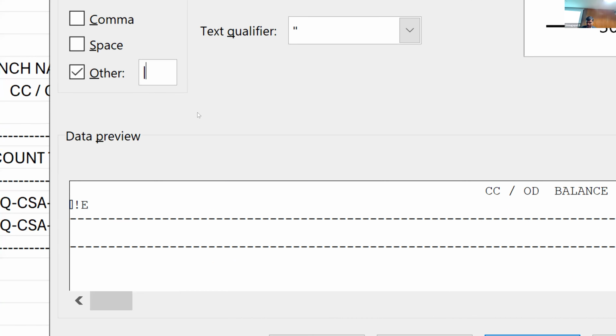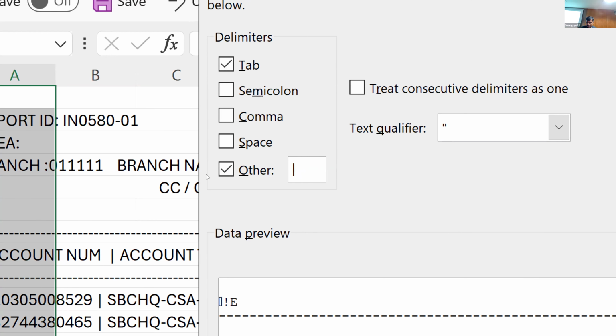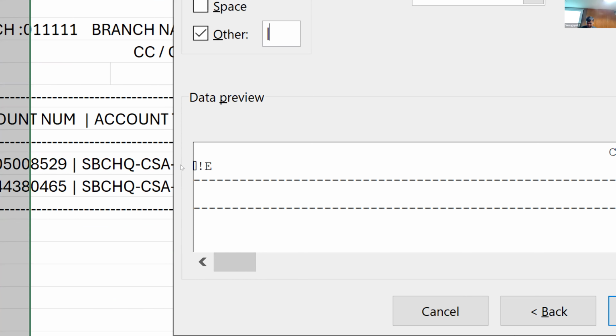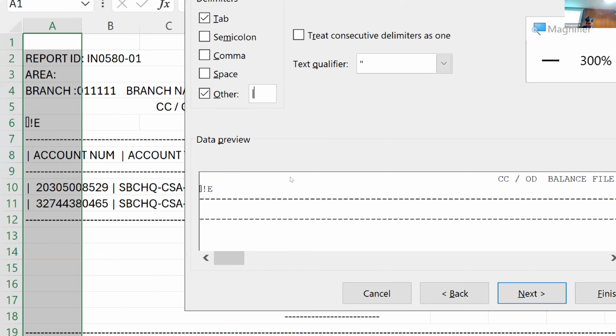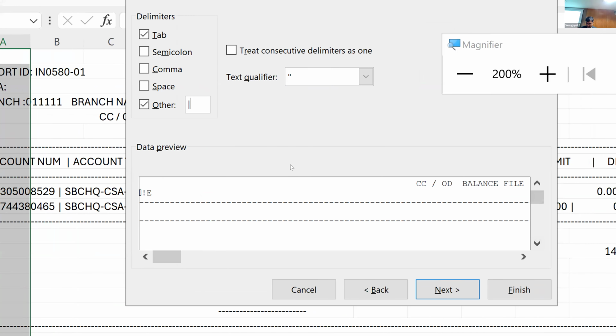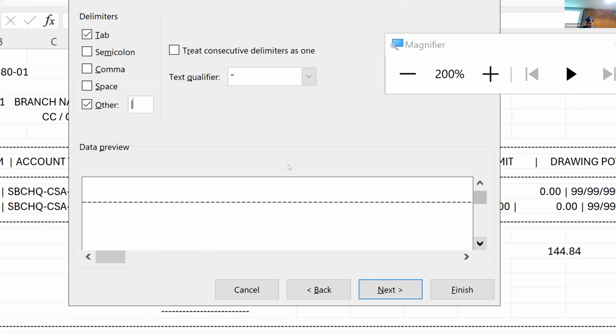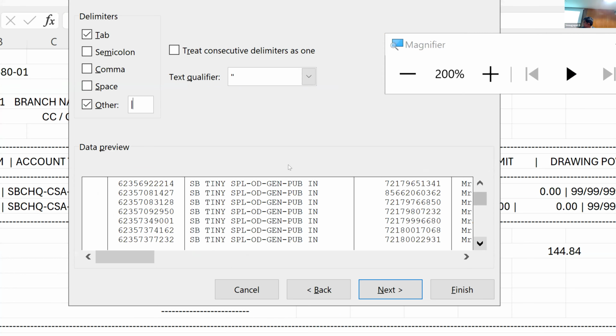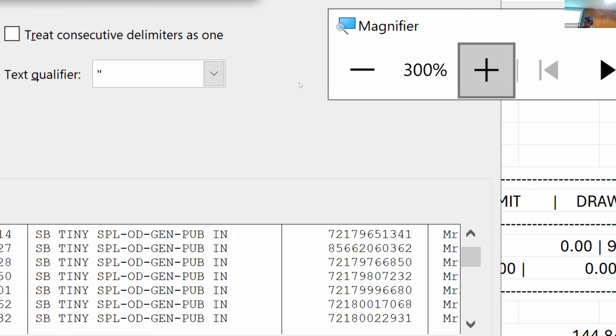The moment I put the pipe symbol, you can see below, the lines have come automatically.